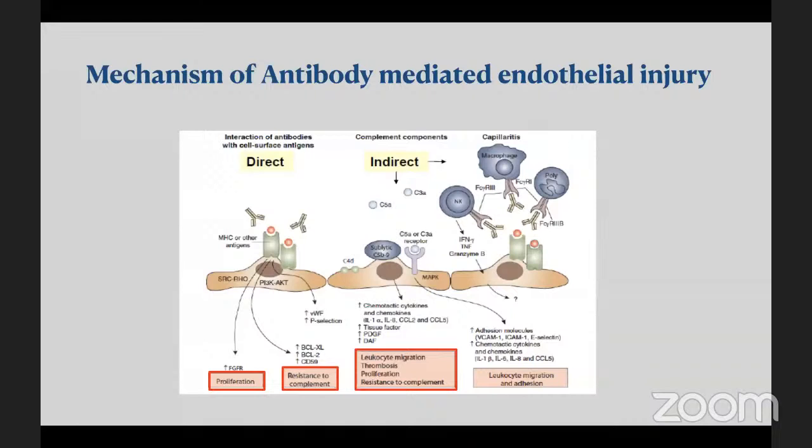You have thrombosis, which you see in the form of glomerular capillary thrombosis. You have proliferation of cells. You have leukocyte migration and adhesion. This is very severe, and a positive cross match, or a high level of antibody giving a positive CDC cross match, can give hyperacute rejection with these effects